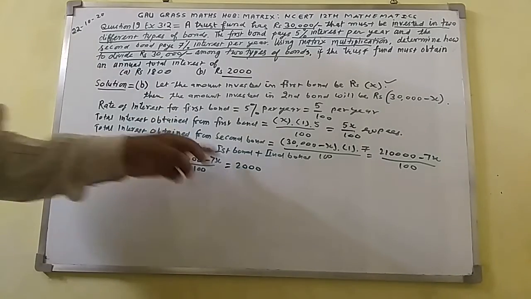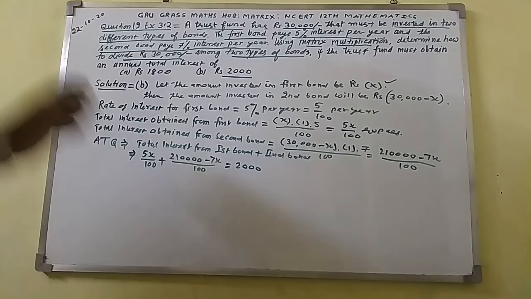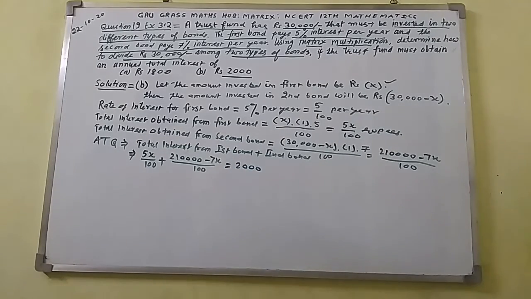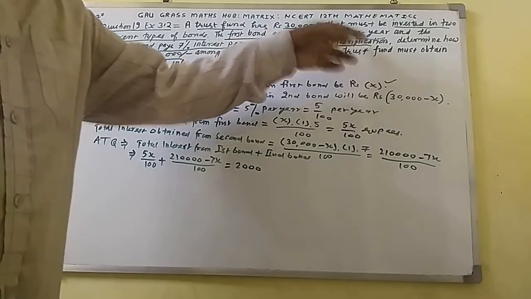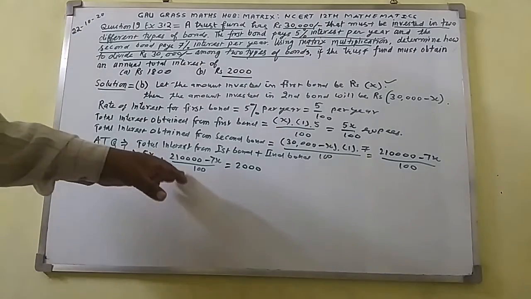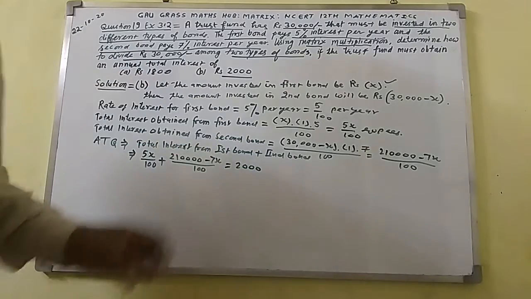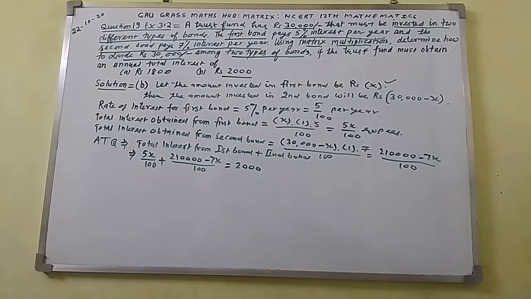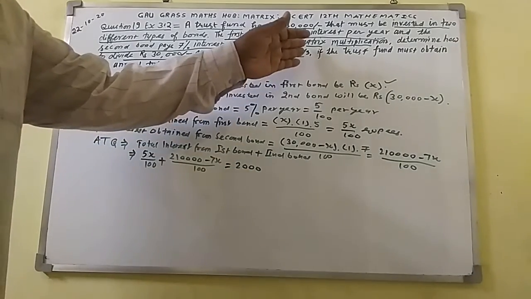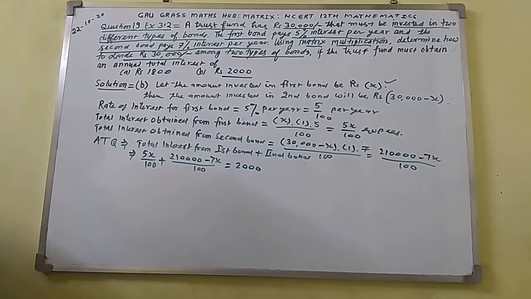From here to here I have solved it as a usual, normal question, which you know better from earlier, but here it says using matrix multiplication. The same thing will be reflected in the matrix section. You can solve this question in rough work to obtain rough data for representation in matrix form. Let us see how these things will be represented in the matrix form.